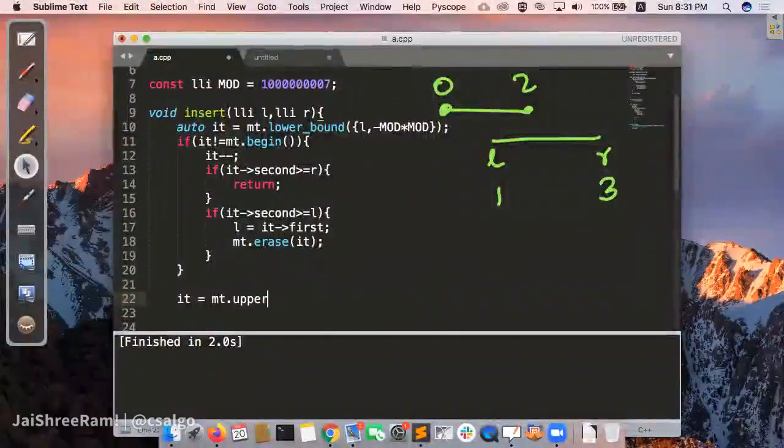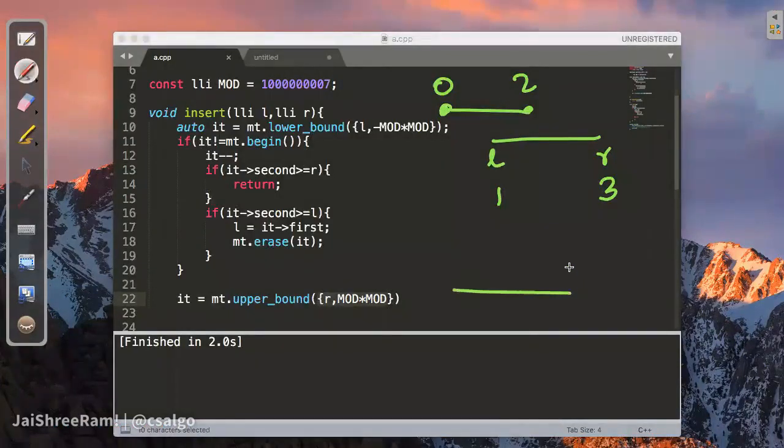These are the things that should become clear after this STL session, and this is very important, as these will be used frequently later on. So you use upper bound and you use R. And with R, what do you pair? You want to find elements which start strictly after R, so for that you use positive infinity. So even if something starts at R, what was the problem in this particular case? Let's understand why we are using these infinities.